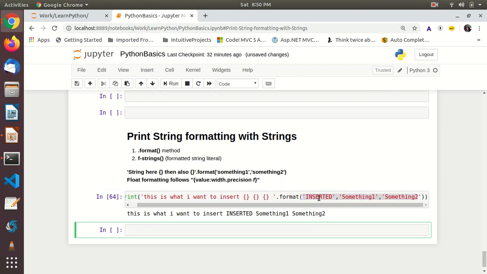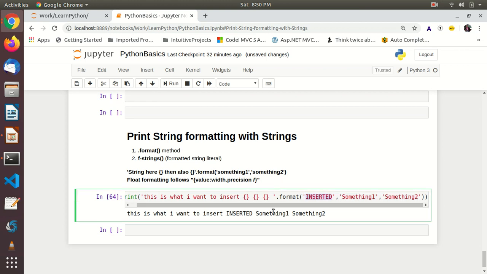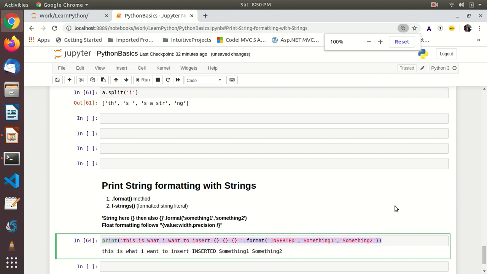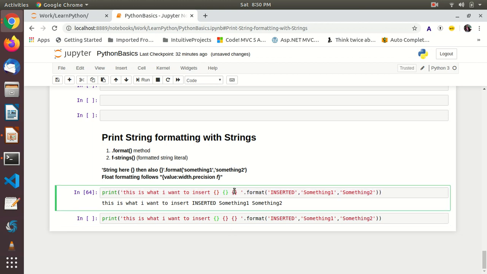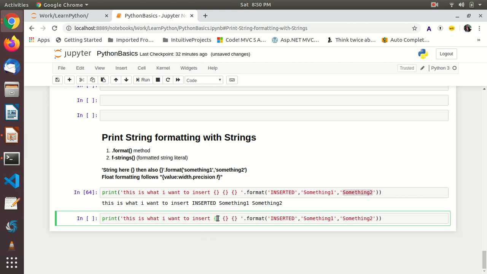Let's say this is what you are inserting based upon the index. We can do the same thing based upon the index also. Let's say copy this same thing. I want to insert, let's say this is by default 0 1 2. 0 is inserted, 1 is something 1, 2 is something 2. Let's say I want a different placement. I want 2 to be here, 1 to be here, 0 to be here. Okay,